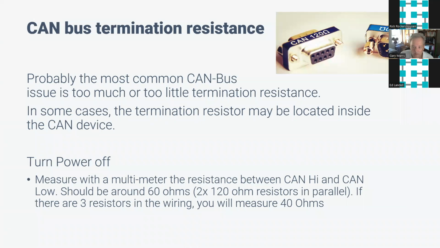Ideally, you want that termination resistance to be around 60 ohms. So based on the reading, you can tell if you have too many or not enough. It's very important that you get this right, especially on the higher speed networks. If you have a network on your desk with 1 or 2 devices, it's not as critical as if you have 20 devices in a high-speed network on a vehicle or in an automation